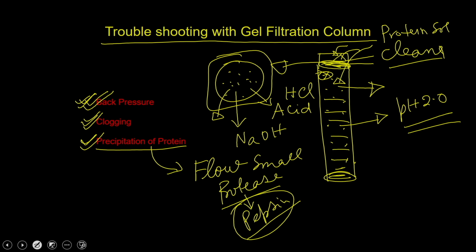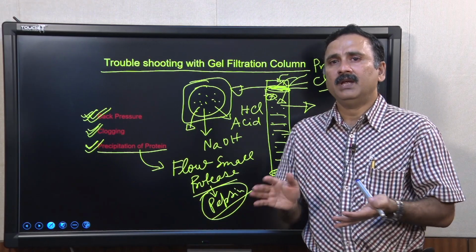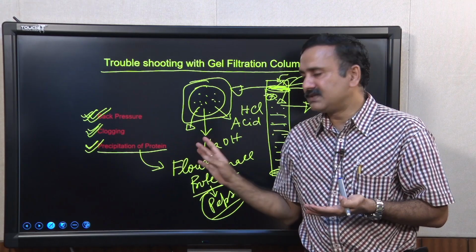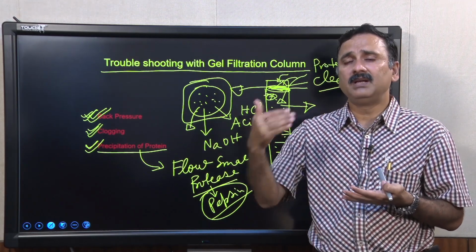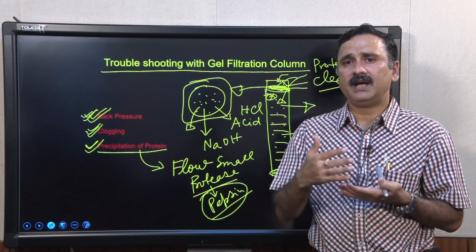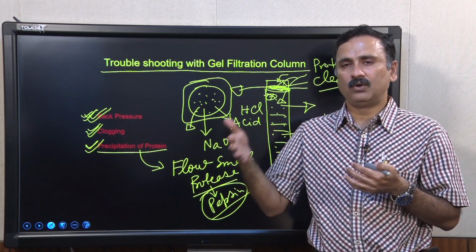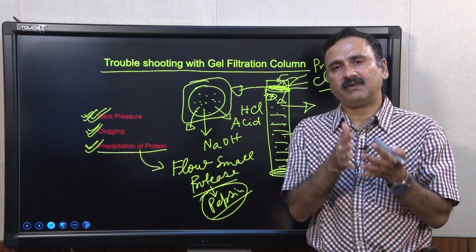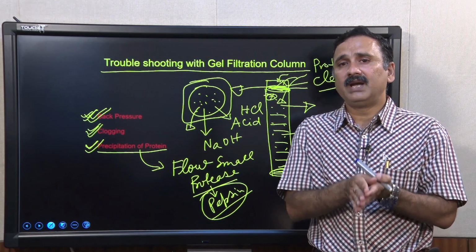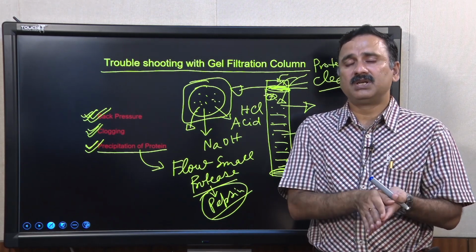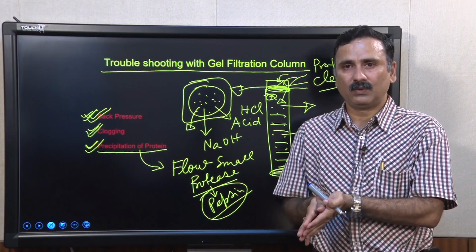Once you are done with this, you have to recalibrate this column to utilize it for monitoring the molecular weight of the unknown proteins. That is mandatory, whatever the treatment you do, because all these treatments are disturbing the packing of the columns, and that is going to change the void volume, total volume and all other parameters. So, that is why it is important to recalibrate and recalculate the relationship between the KAV versus log molecular weight.